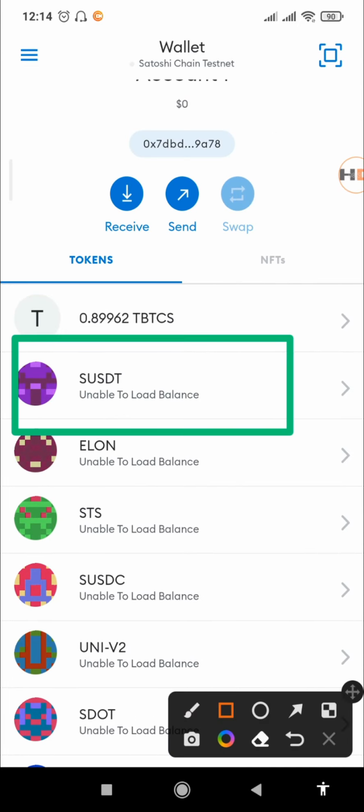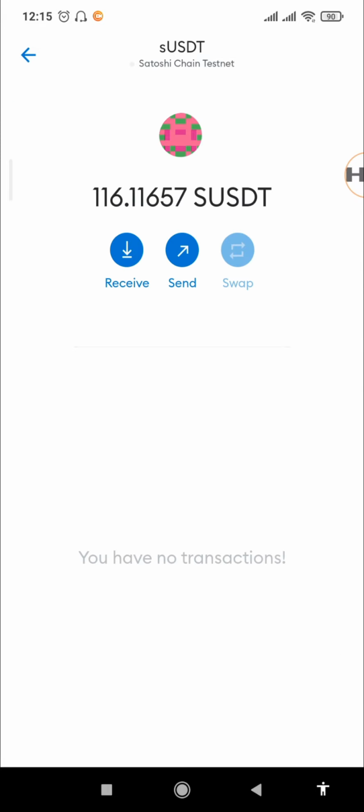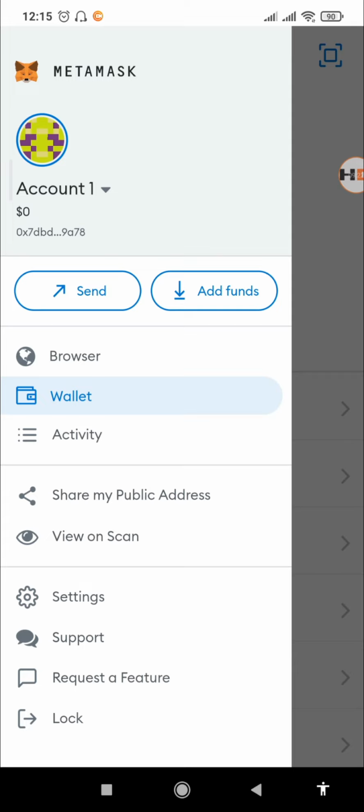So instead of the old one, now we have this one. So you can remove the other from your list so that you can be using only the new SUSDT. This one you can transact, you can send, and you can also receive. Then the other thing that we can do to finalize this tutorial is to go to the